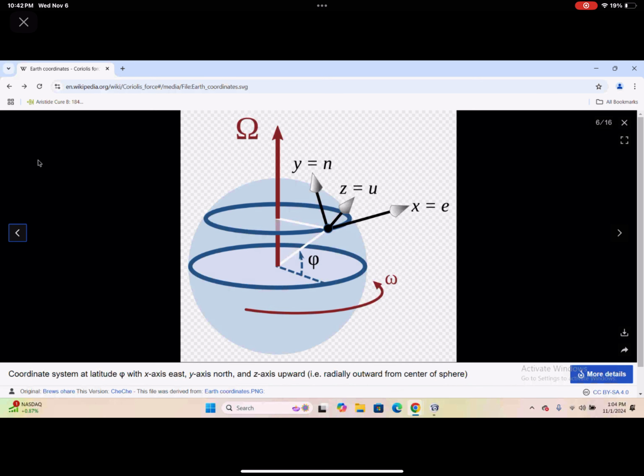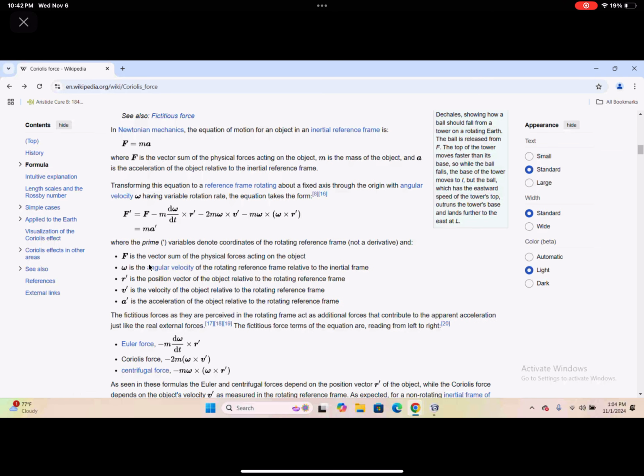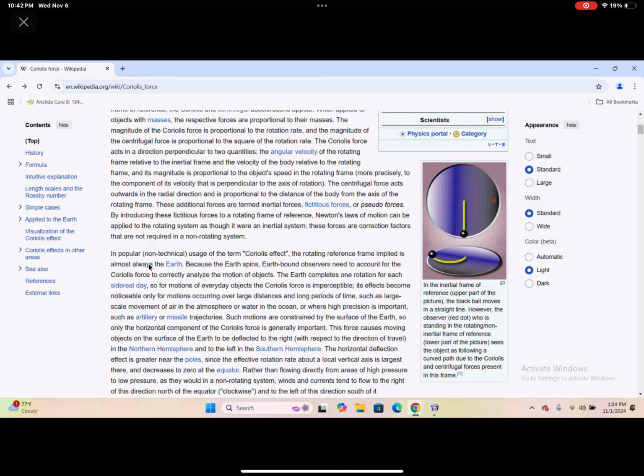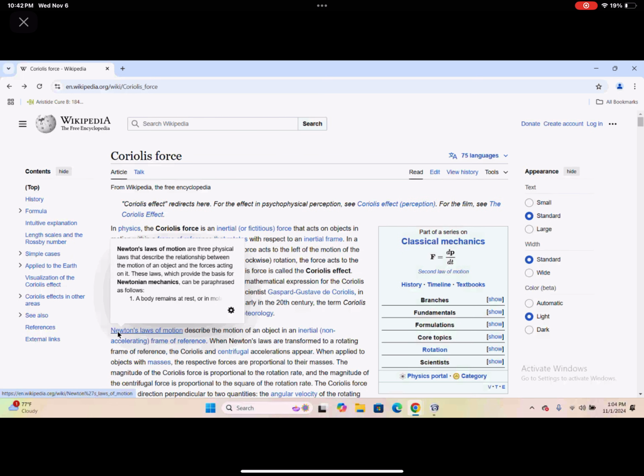Let's see if we can get this. There we go. Okay, this thing called Coriolis Force. Okay, so this is Coriolis Force, and when you start your physics curriculum in graduate school, this is actually covered in a class called classical mechanics. Okay, and so classical mechanics is a topic which is covered, and it is covering things like Newtonian mechanics and